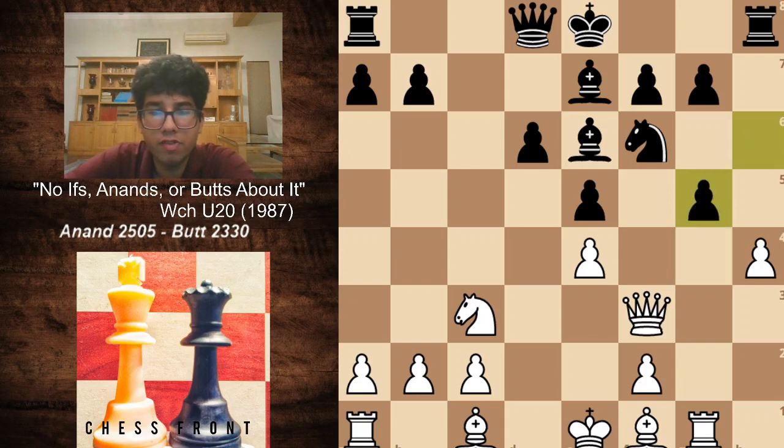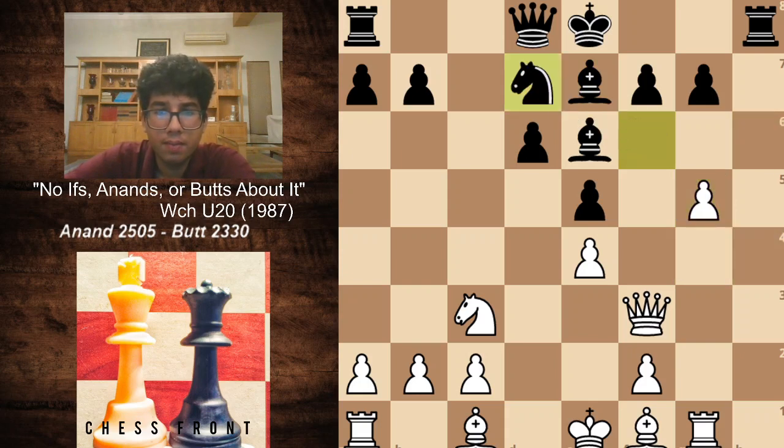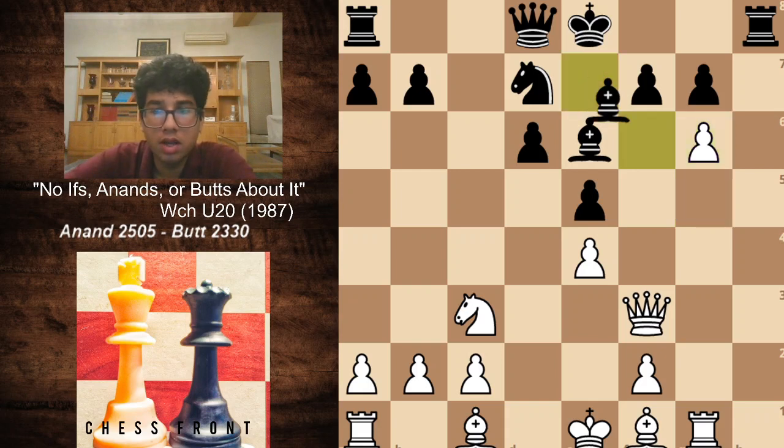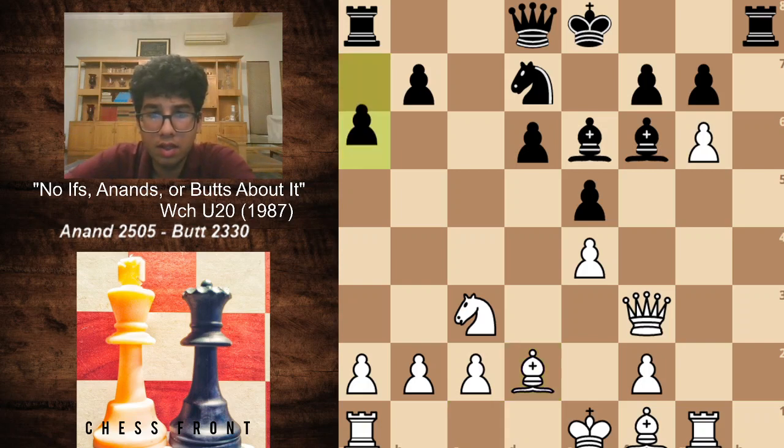H captures g5, h captures g5, and knight goes back to d7. We have g6 even, further undermining black's kingside pawn structure, and bishop f6 cutting off the queen's influence over the f file. We have bishop d2 preparing queenside castle, and a6.